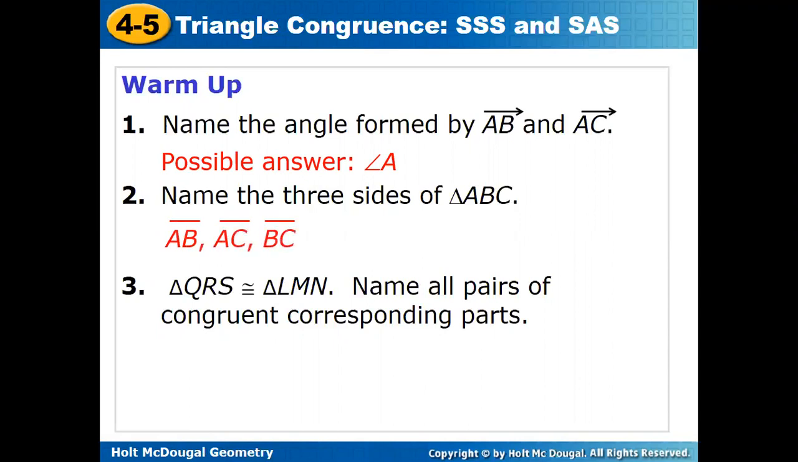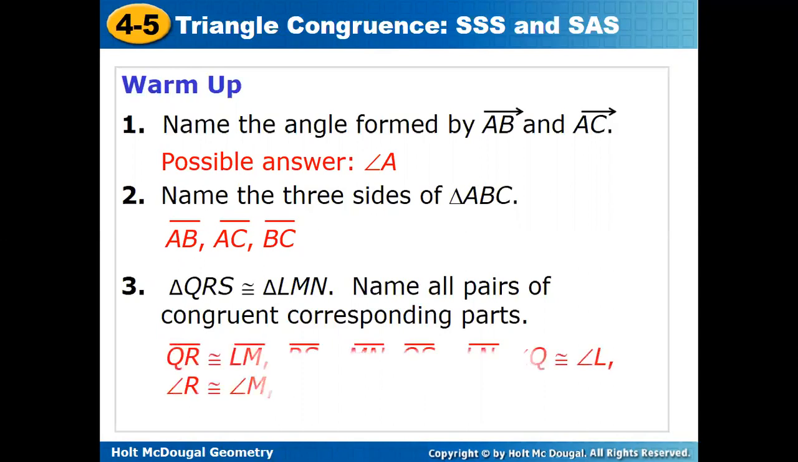Question number 3, triangle QRS is congruent to triangle LMN. Name all pairs of congruent corresponding parts. The three sides will be congruent and the three angles also will be congruent. We will start with the sides. QR is congruent to LM and RS is congruent to MN and QS is congruent to LN. The angles, angle Q is congruent to angle L, angle R is congruent to angle M, angle S is congruent